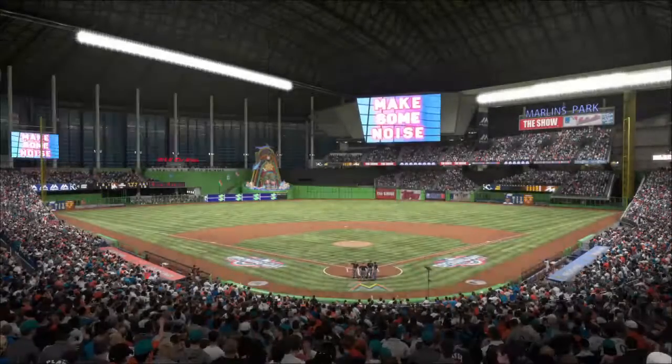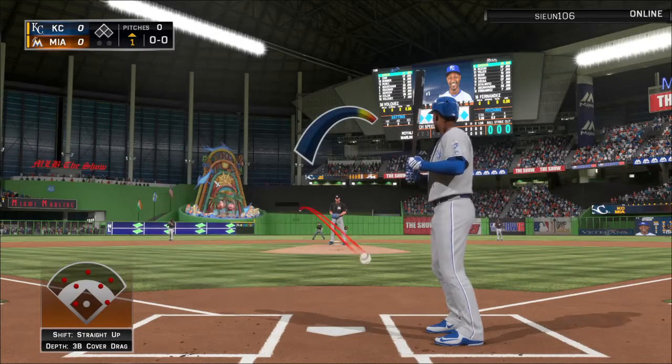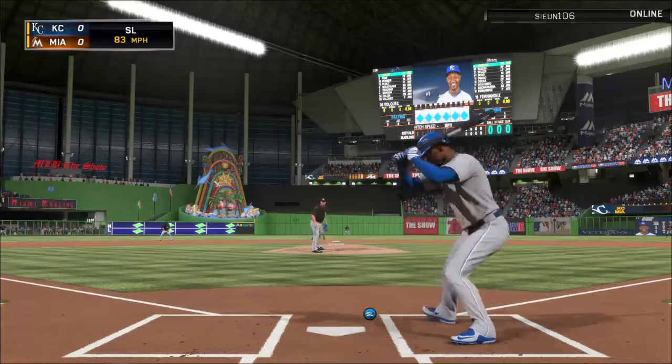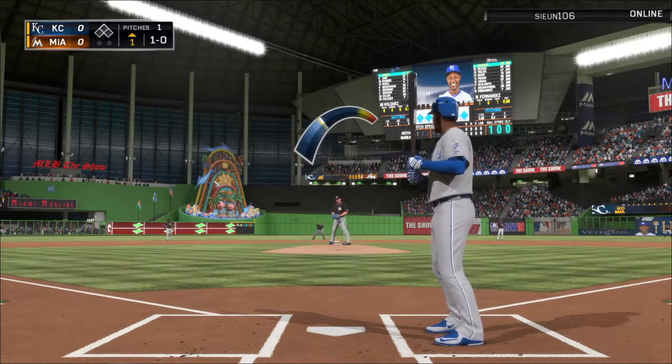Broadcasting from under the roof of Marlins Park as we are ready for game time. Opening night here in this brand new season between the Kansas City Royals and the Miami Marlins. Two of the best bats in the business go at it next on the show. And the new season is finally upon us as the first pitch of the new year is taken here for